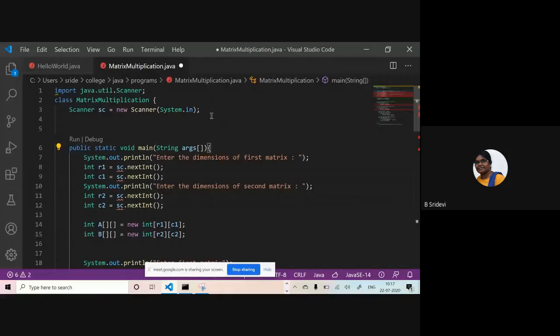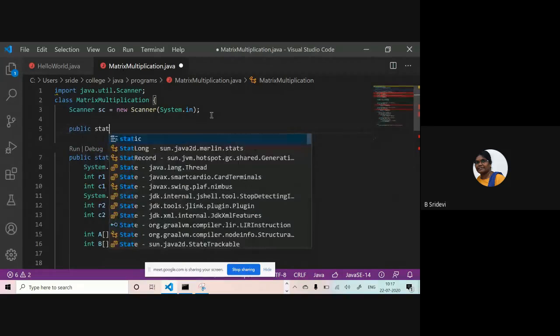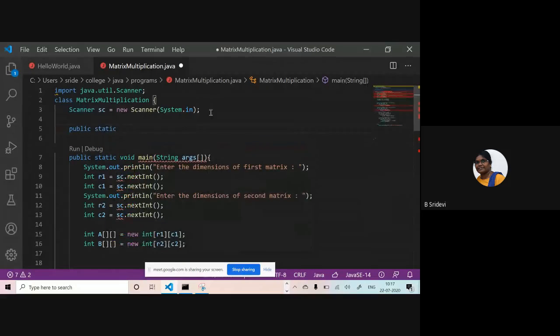Okay. So now I want to read. I want to write a method here. I'm keeping public and static for now. Do not worry, we will learn what they are. And I don't know what is the return type. I'll fill the gap later. What is my main motive of this method? Reading matrix. See the naming convention I am following. It is lower camel case.